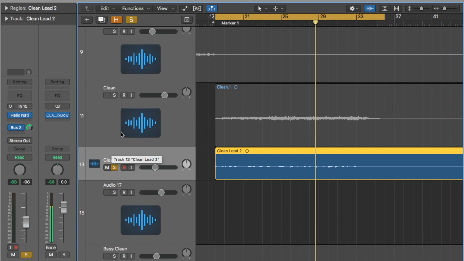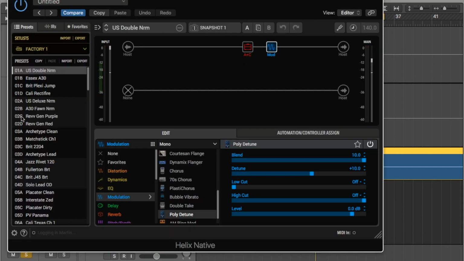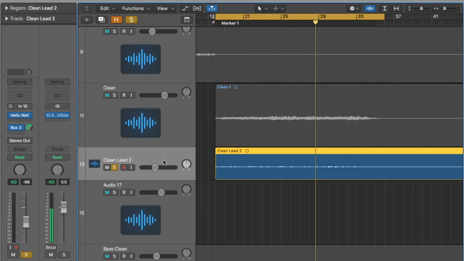Then to go along with that main clean, we've got another one set up with exactly the same settings within the Helix, but we've also added the poly detune pedal. So this is a new pedal in the update, just to give it a bit of a chorusy effect, and those are just some harmonies to support the clean, so they sound like this. And then with the clean,